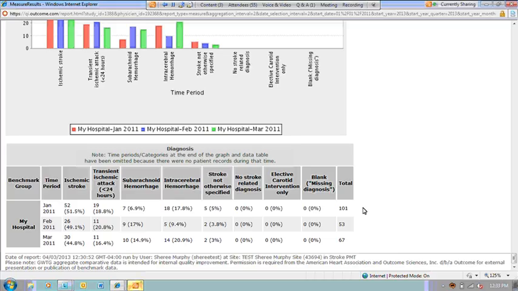And this can be a pretty quick step. What I notice here, or what stands out to me, is that in January I have a total of 101 patients. And then in February and March, 53 and 67. Now I understand that volumes can fluctuate, but the 101 to the 53 is almost double the volume.